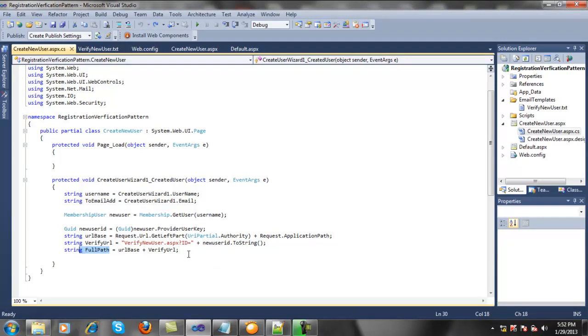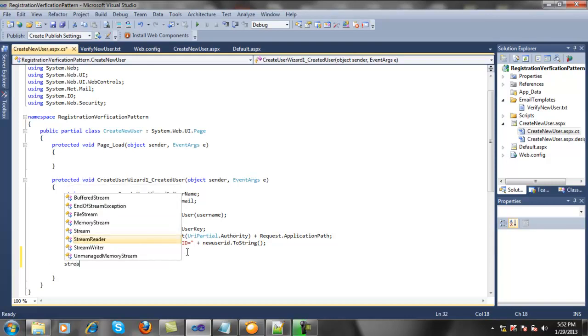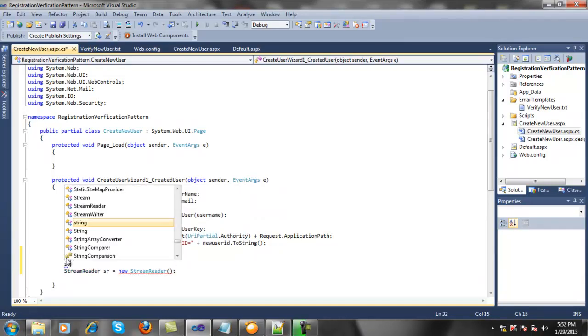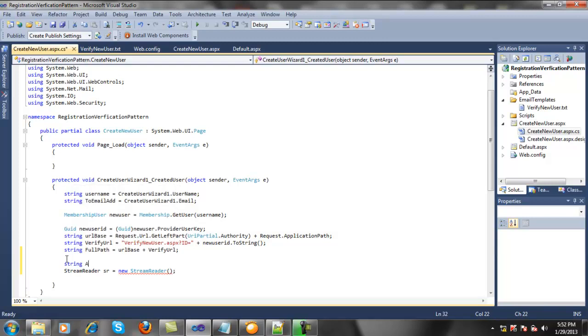Now let's get the email template. So we say in reader. Also I need the application path, so let's say